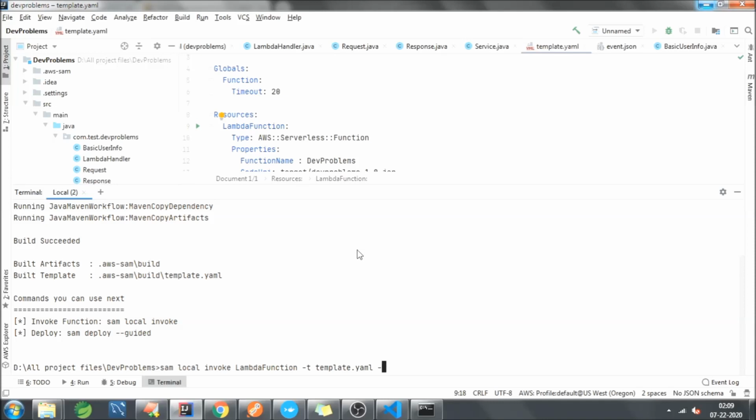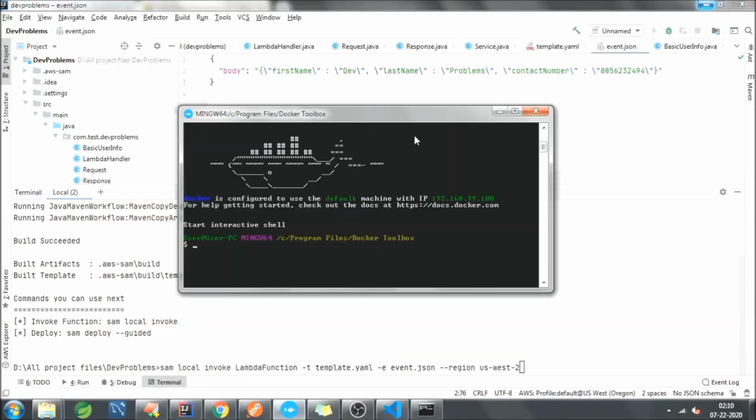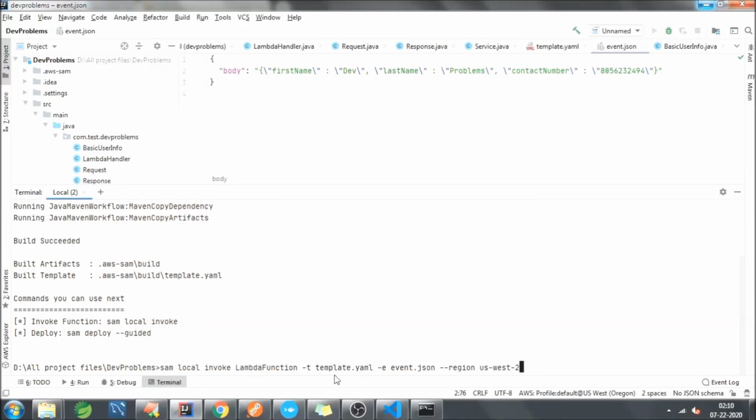Okay, and you need to provide your event file, event.json. Okay, this file name, the event.json I'm providing over here, so it will consider this payload. And yes, if you want you can provide the region as well. Okay, so now in order to work this command, okay, you need to have Docker running in the background, or else this command won't work.